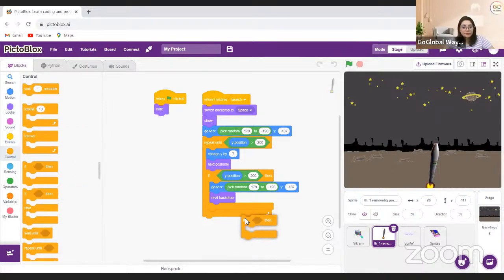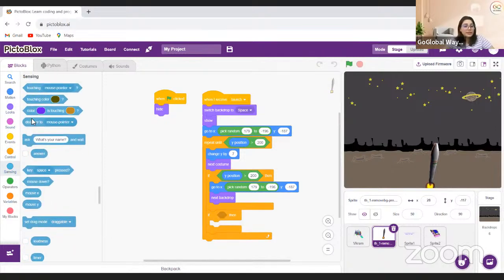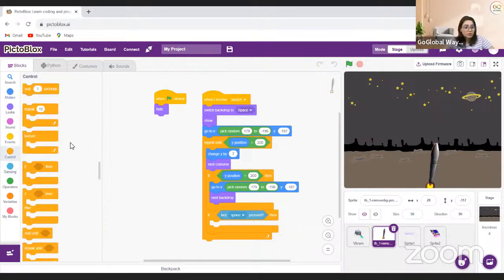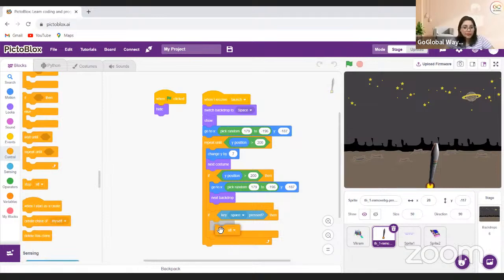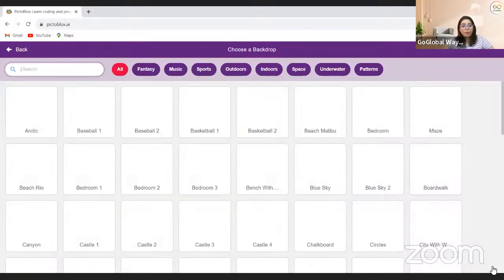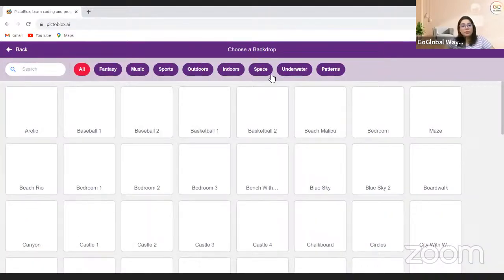So what I will do is I will take again a condition. If I will go to sensing and I will take key pressed. So key space pressed. So if space key pressed, then stop all. Everything will be stopped. And abhi, I will take the backdrop, a moon backdrop. And this moon backdrop,